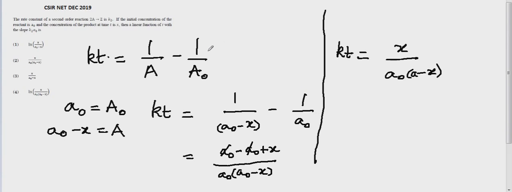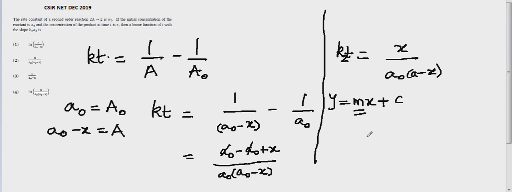Now the question is very evident: they are just trying to rearrange this equation in the form of y equals mx plus c. Where m is the slope, they have asked for the slope, that is k2. We have just taken it as k, but it can even be represented as k2. There is nothing wrong with that. We need to make sure that it is coming there.